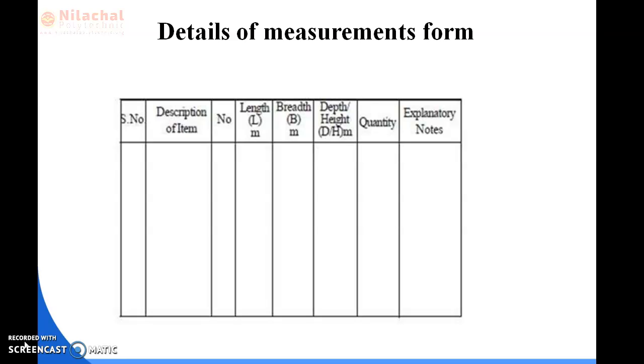Then after that, multiplying numbers into length, into breadth, into depth, we can get the quantity. In the explanatory note we can give the detail of the length, breadth and depth. If the detail is showing in the drawing sheet, then we can avoid it. If there is a requirement to define the length, breadth, depth, then we can mention it here.